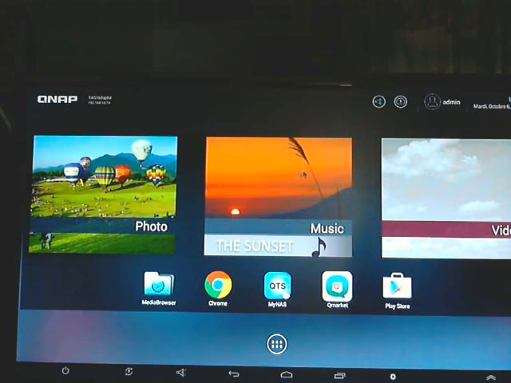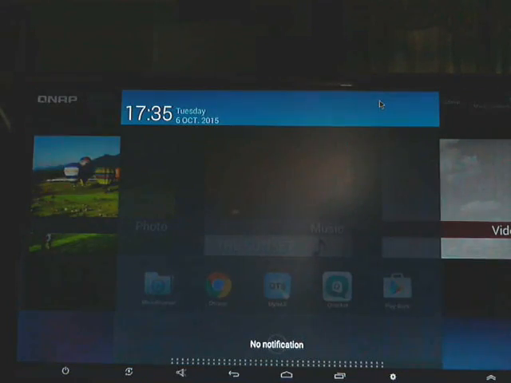So you can see the interface with, at the bottom, the three standard buttons: back, home, application, and parameters here. Here it's for the notification. Here it's to restart. The Android part is to stop or start or restart the NAS, the QNAP itself. You have the date, time, the login, the health status, which gives you an idea of the status of the system, and over time the notification.